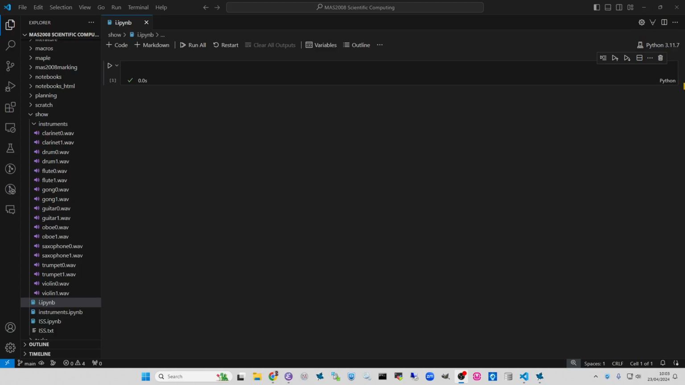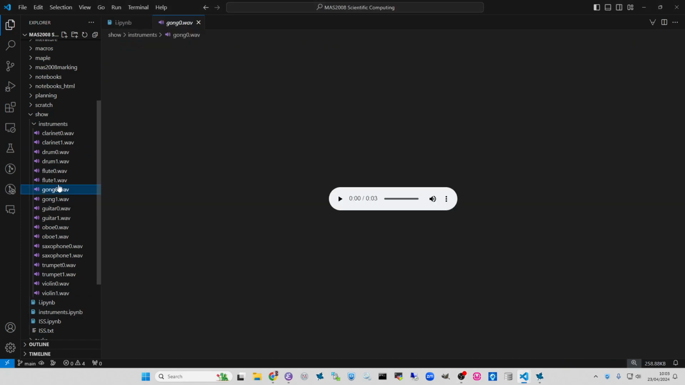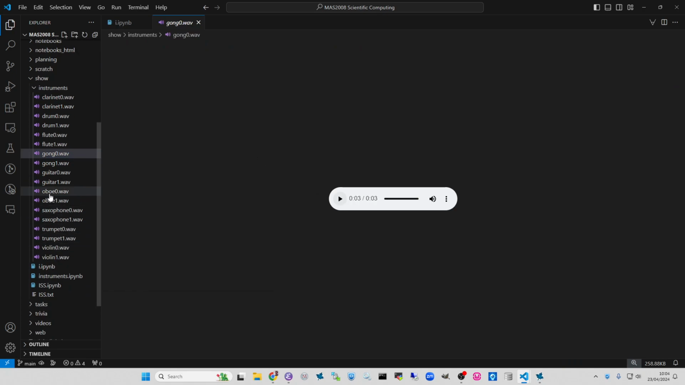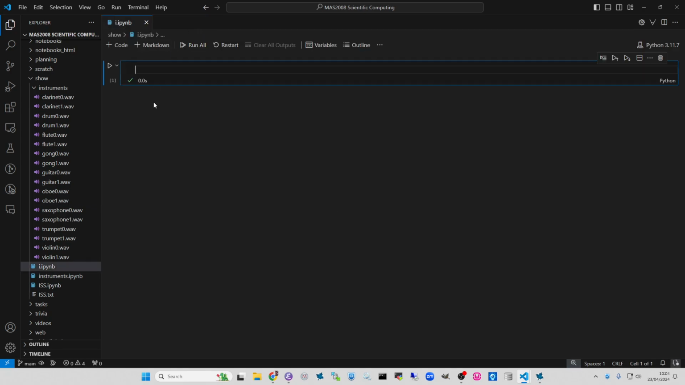In this video we're going to do some signal processing with recordings of musical instruments. So you can see in this folder here we've got a bunch of these recordings. Let's just try one. So here's a gong, and we can just play it within VS Code. Here we've got an oboe. Okay, so the first thing we're going to do is just work out how to play these sounds